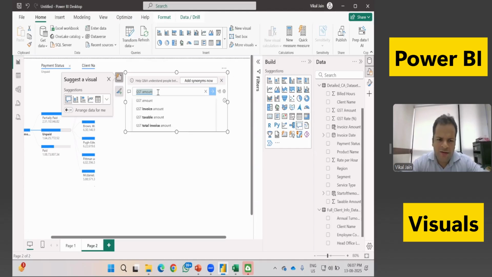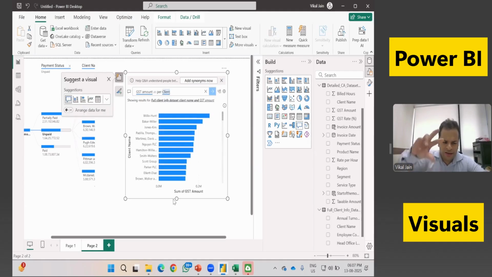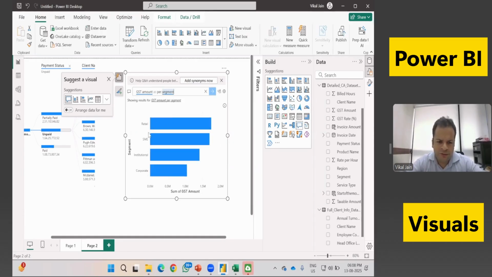Now I'm saying as per client name. And you will see now this time the chart has changed accordingly as per my question. So it is just an AI visual. What is it doing? Let me just put some more thing in it. Let's say instead of this client, I want to put segment. So now this time segment is showing,